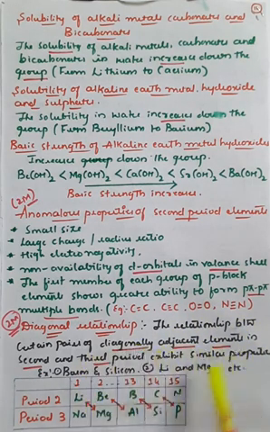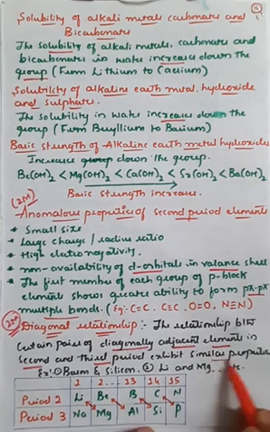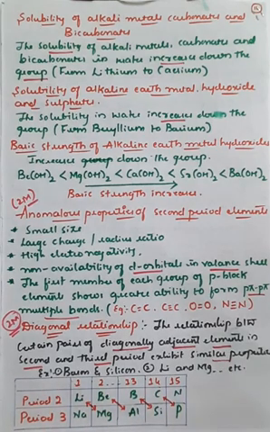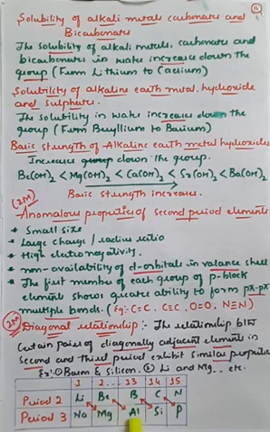So the diagonally adjacent elements exhibit similar properties, right? Here I will show the representation of what diagonal relationship means. I have drawn the second period elements and the third period elements. For example, lithium, beryllium, boron, carbon, nitrogen. And the period 3 elements are sodium, magnesium, aluminium, silicon and phosphorus. Here, if I observe, lithium has the same characteristics as magnesium. Whenever you compare lithium and magnesium, they have similar characteristics. And whenever you compare beryllium and aluminium, both have similar characteristics.